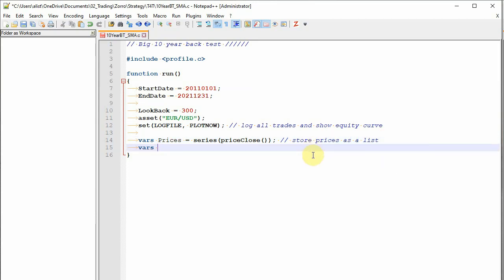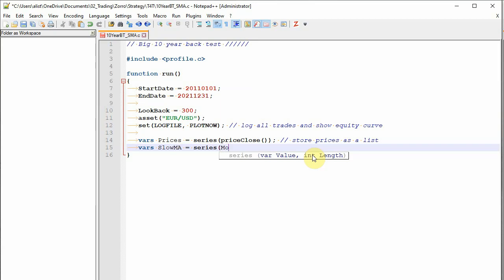And then what we want, so we're going to do a simple slow moving average, fast moving average strategy with a crossover. So we need 2 lines on our chart. So the first one we need is a slow moving average. So we're going to do that, again it's going to be a series, because it's a list in an order,